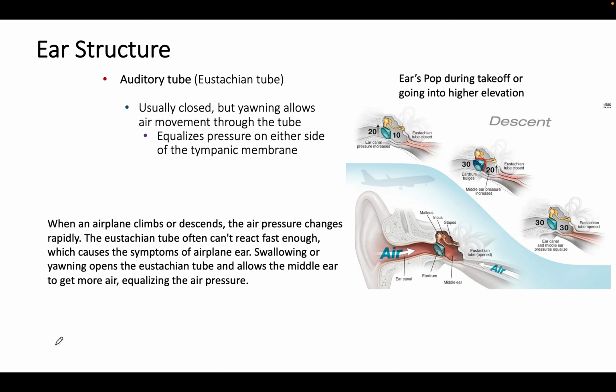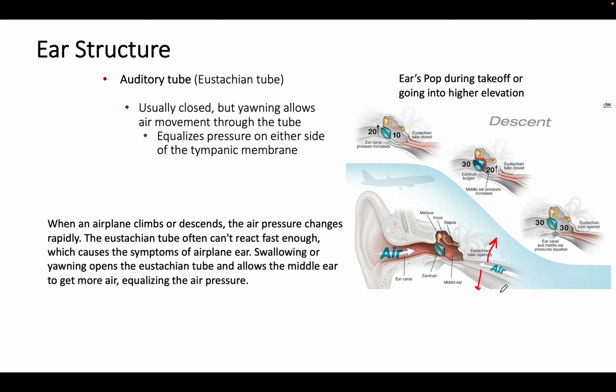Now, if you've ever been on a plane, you've experienced this. You manipulate your eustachian tube in an attempt to equalize the pressure between your external environment and your middle ear, right? As you're ascending in an airplane, the pressure changes in your environment and your middle ear, and they're not equal, okay? What you typically do on a plane is you move your jaw, you chew gum, you yawn, you do something that acts to pull on this eustachian tube, kind of pull it down this way, kind of pull it up this way,